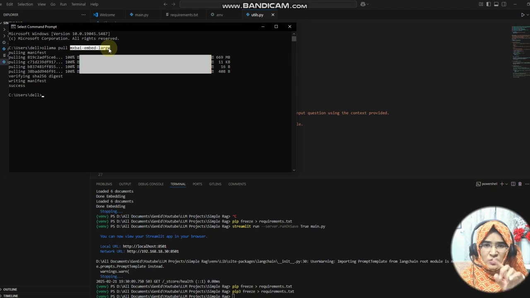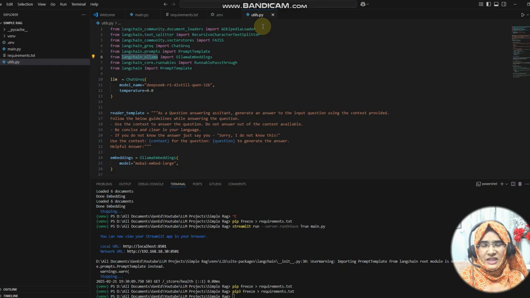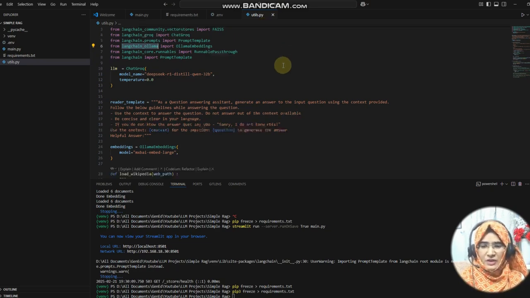I am using it so that you know you can use Ollama not just for the model, but also for the embedding model. These embeddings are done by models, so these are embedding models. If you ever hear embedding models, you will understand that they convert text into vectors. So this is the whole idea about embedding.